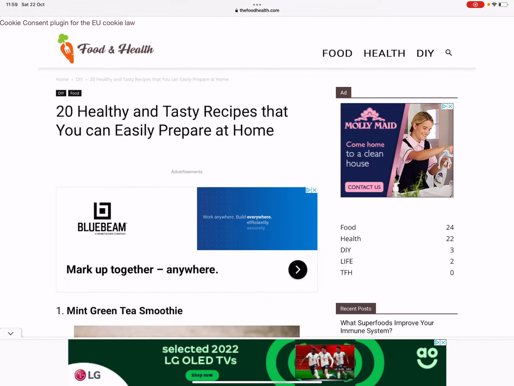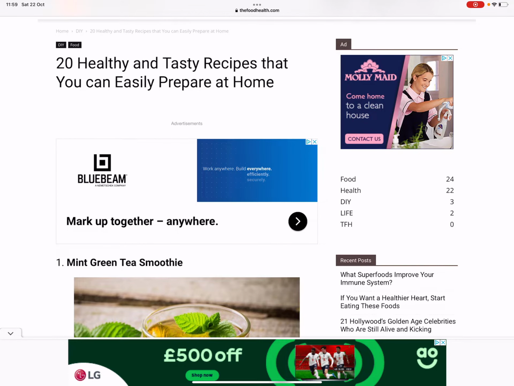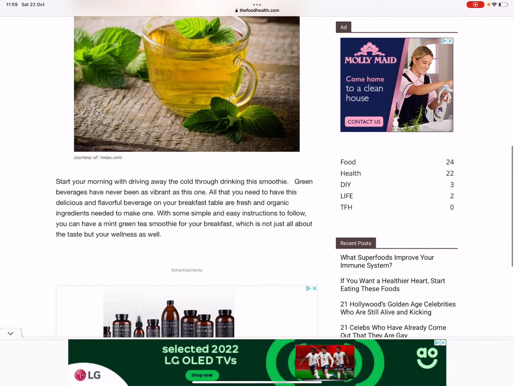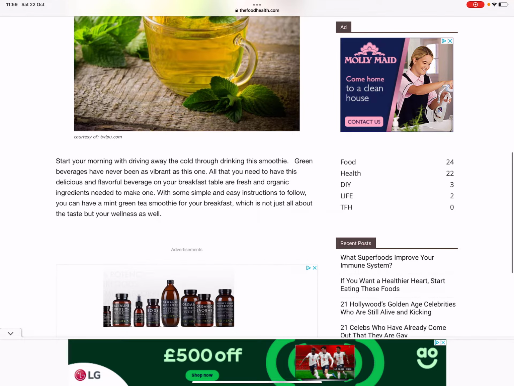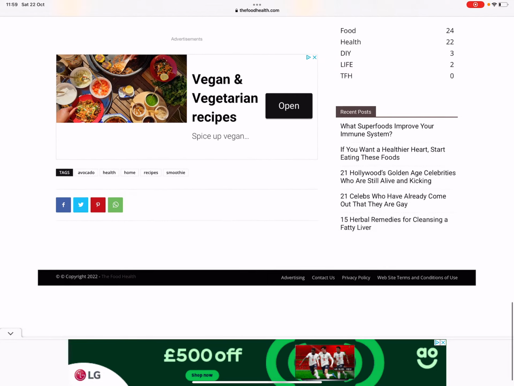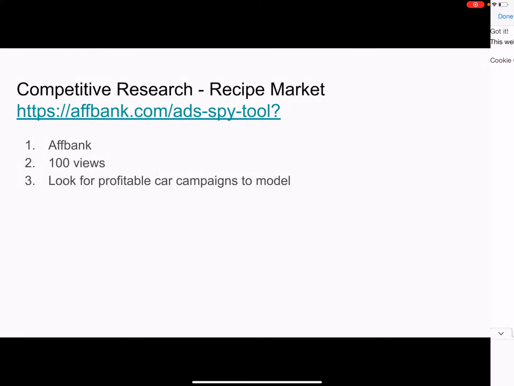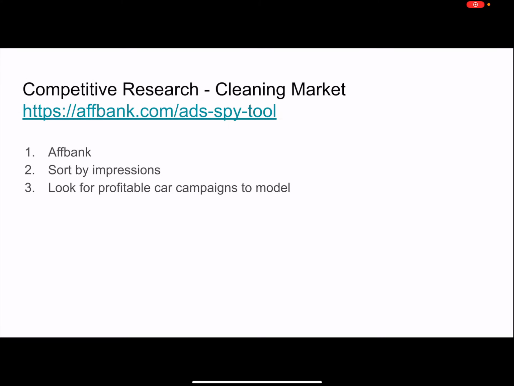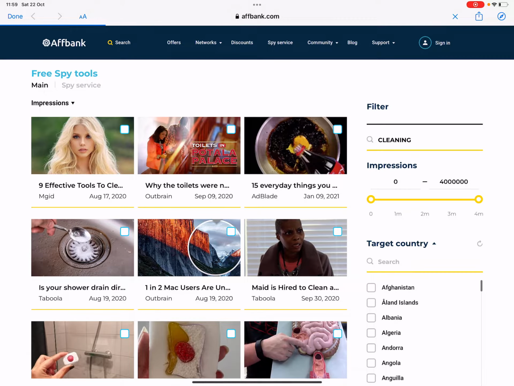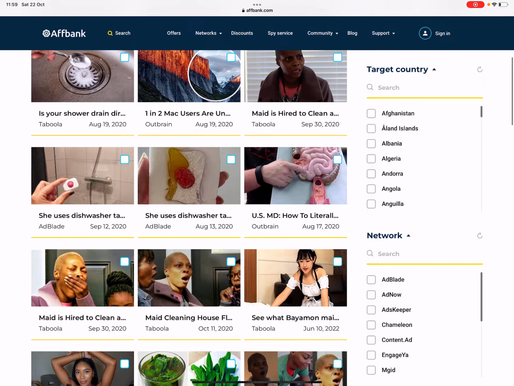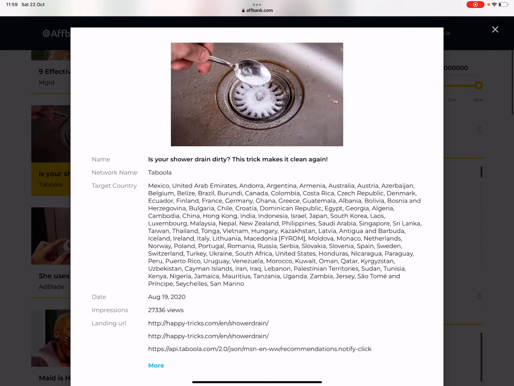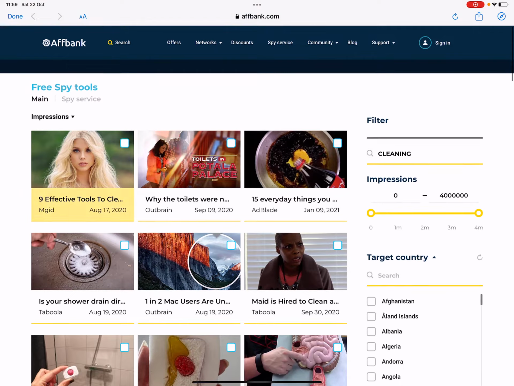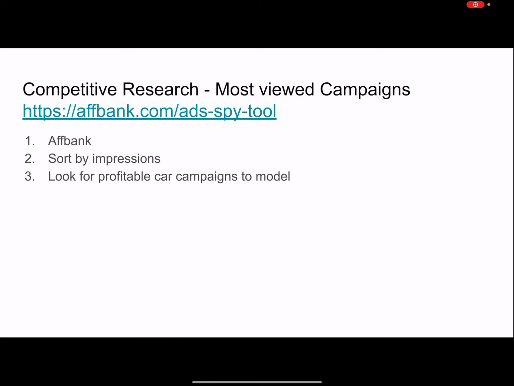Now, these funnels have a lot of ads. My system is less ads based, so that allows us to minimize the ads and maximize the revenue without making it as aggressive as these websites. But the process is the same. And then the same here is a cleaning marketplace. So these are all profitable markets that you can see have got mass appeal. This one 27,000 times, and so on. So the more ads, the more markets we serve, the more we make.